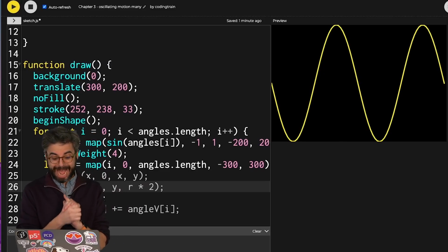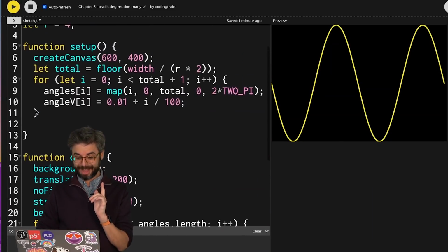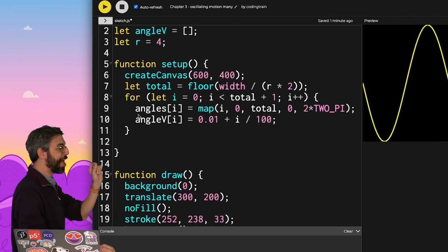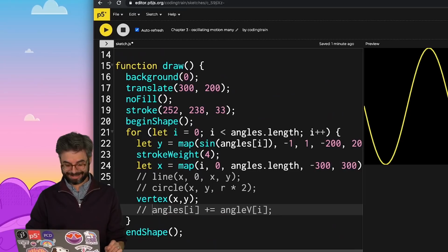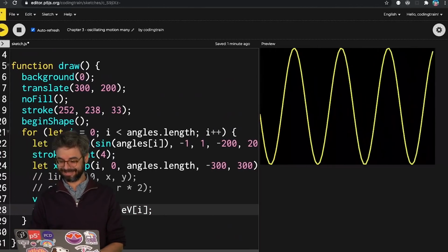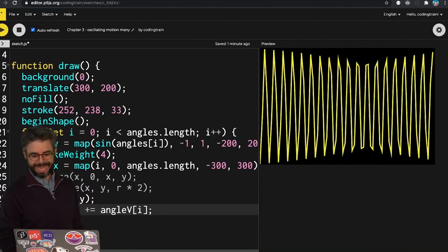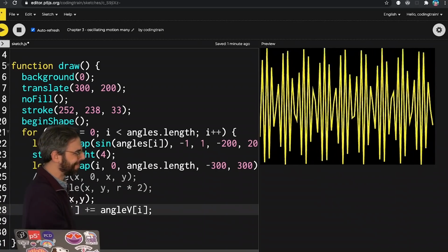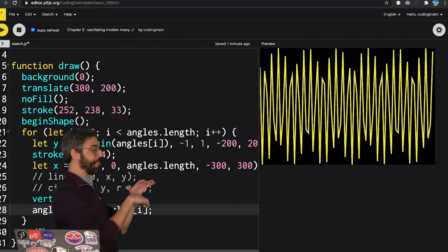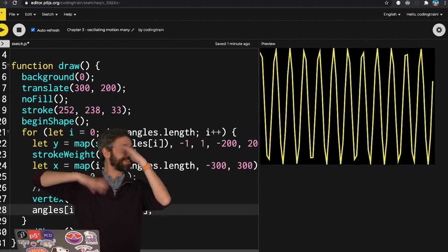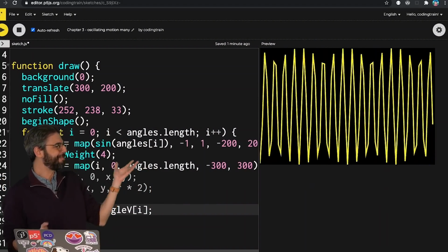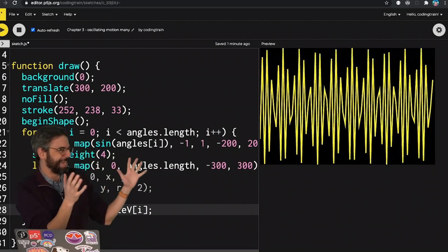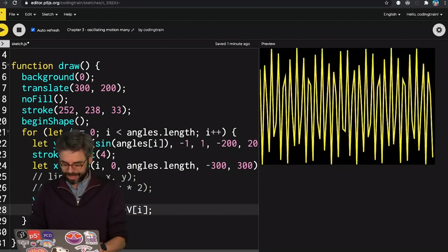Now, what happens if I go back to this idea of angular velocity? What happens if I just add that back in? Whoa, it's doing some crazy stuff because, again, I've got this weird, crazy pattern of all of the dots also having a different period and frequency. So I love this sort of strange, unexpected artifact I got here. Apologies for the flashing.